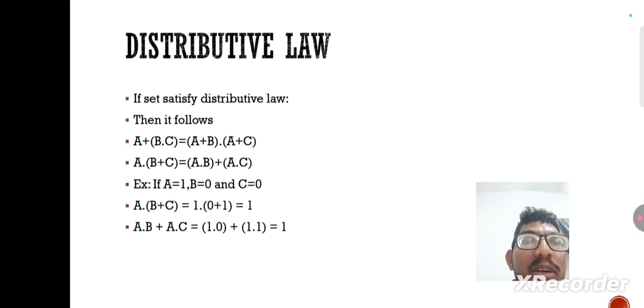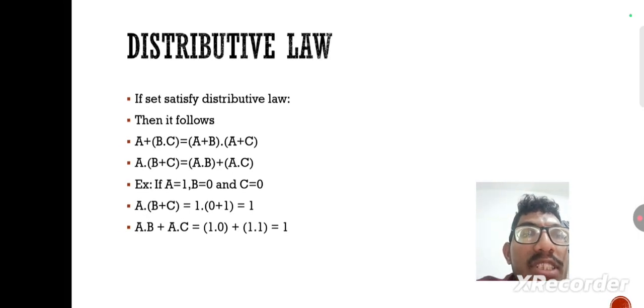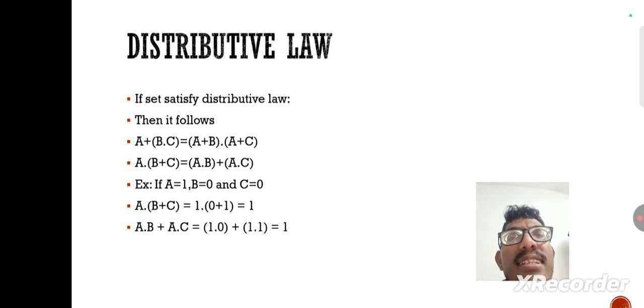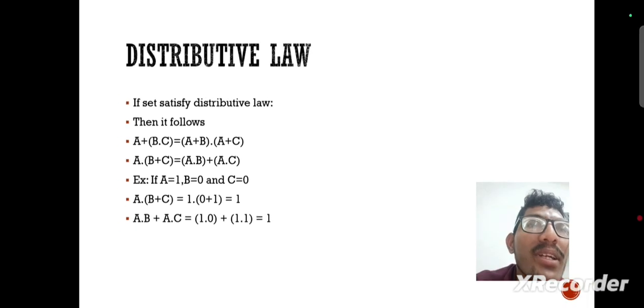For example, if we take A equal to 1, B equal to 0 and C also equal to 1. First we have to check the condition on LHS. That is A into (B plus C), equal to 1 into (0 plus 1). First we have to do the operation on the numbers which are in the brackets: 0 plus 1 equal to 1. Therefore 1 into 1 equal to 1, the true output. Next we have to do the operation on the right hand side operands: A into B plus A into C equal to 1 into 0 plus 1 into 1. That equals 1 into 0 is 0 and 1 into 1 is 1, so 0 plus 1 equal to 1.